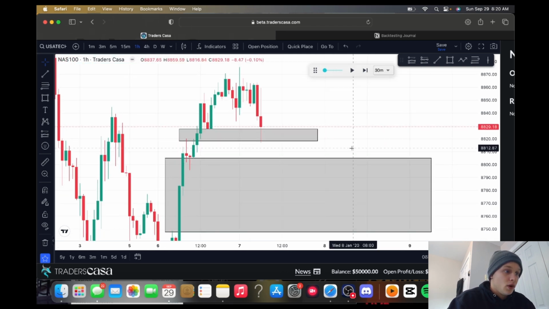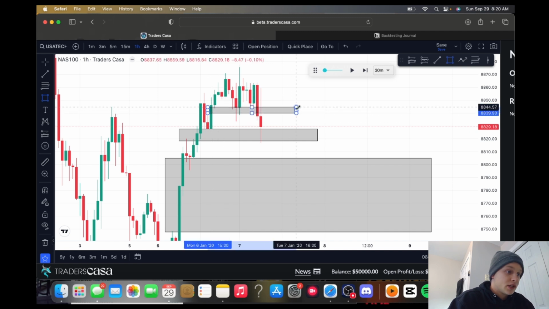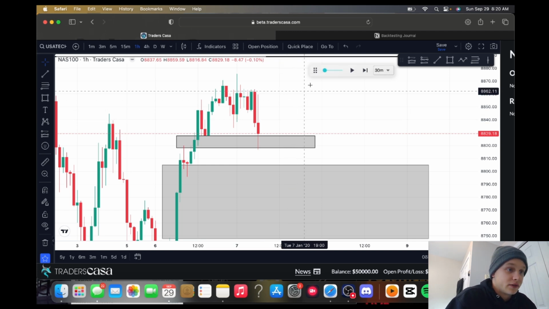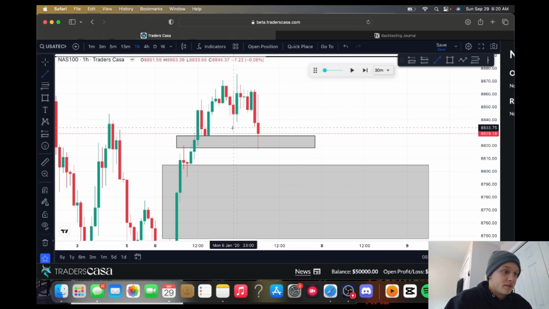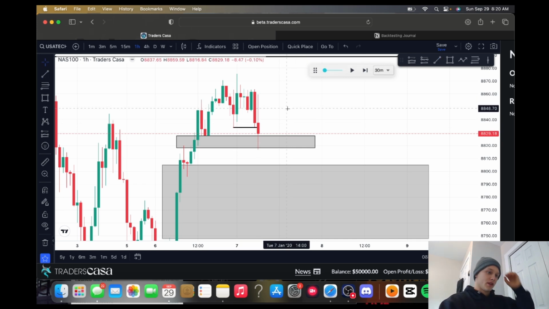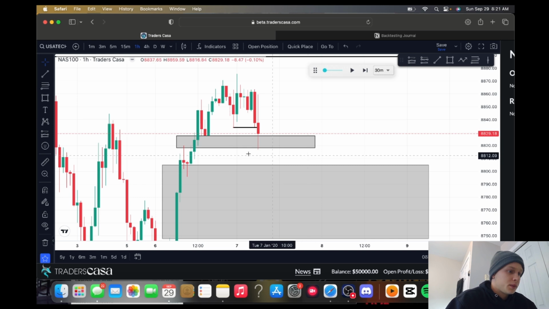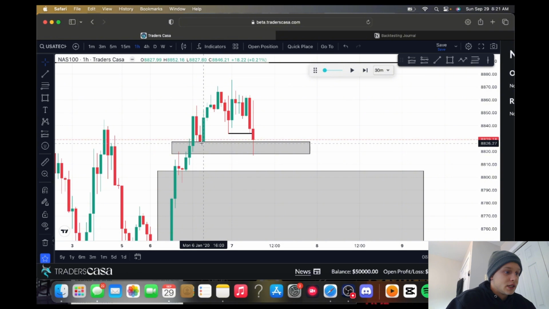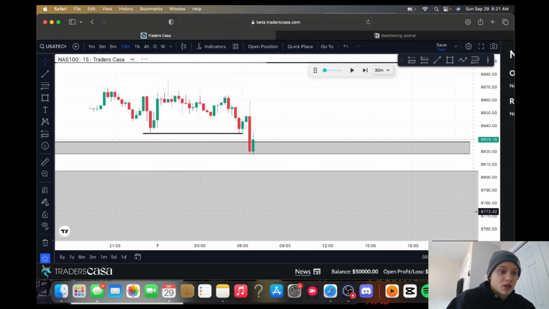Looking at the 1 hour time frame, I want to wait to see what we do here. Like, we inverse this, right? We just inverse this, but we are playing in a 4 hour fair value gap, so the 4 hour definitely has the higher time frame. The 4 hour time frame definitely has more control, I guess, over the markets than the 1 hour. Just swept up these lows. We have this 4 hour that we're tapping into. We also just took these out as well. So longs, I'm open definitely to longing right now.